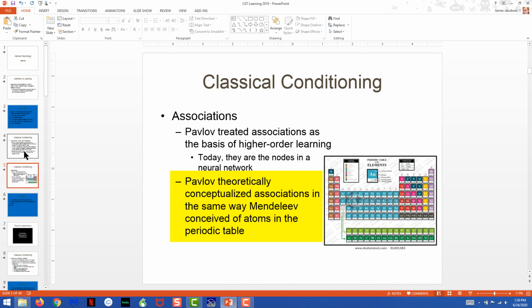And that association functions like its own independent entity, which would then interact with other separate entities to form other types of things. In the same way that you have separate molecules in chemistry that form together to make much larger molecules, in psychology, based on Pavlov's work, you have the idea of a basic association and other basic associations which can then be formed together to form much larger pieces of information.